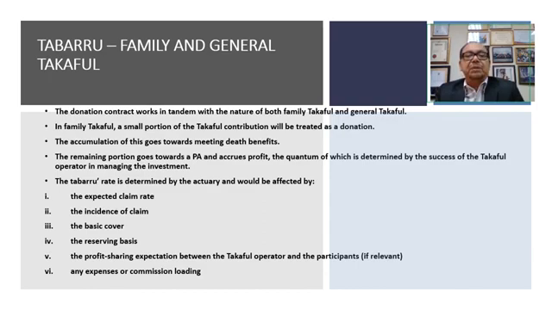20 years, how much to pay you? 30 years, how much to pay you? This kind of thing. So this is a very difficult subject. Not many can do it, but banks and Bank Negara employ this kind of people to do all the government calculation, projection, budgeting, all these things. So we call them actuaries. So the tabaru rate is determined by an actuary. Actuary is a person who calculates the amount just now: future amount, current amount, future discount, current discount, all the things. If you are familiar with the accounting principle, you understand what I'm saying.